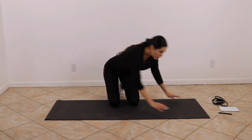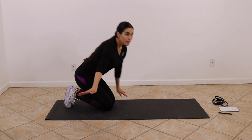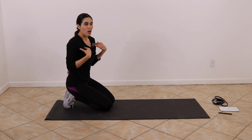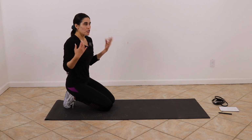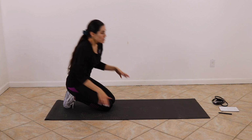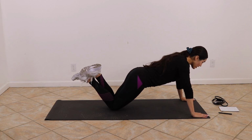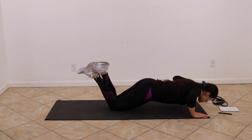I don't do full body off the ground push-ups like a dude. I really don't do that because it's too much strain on my chest. I have fake boobs, so it doesn't feel good, and I don't like that. So what I do is I just go with the girl push-ups, knees down, and I just like this,